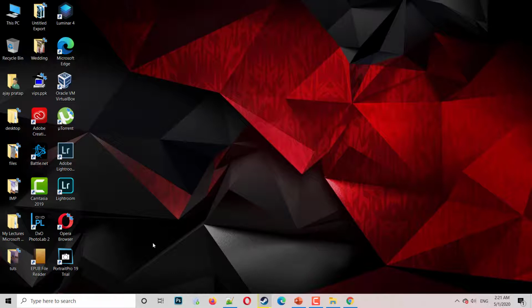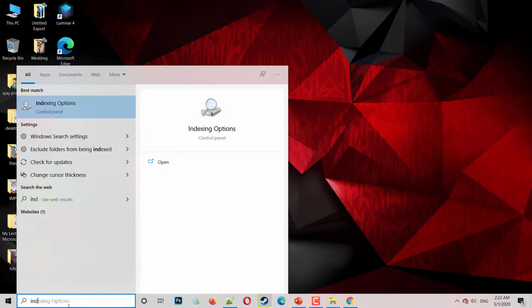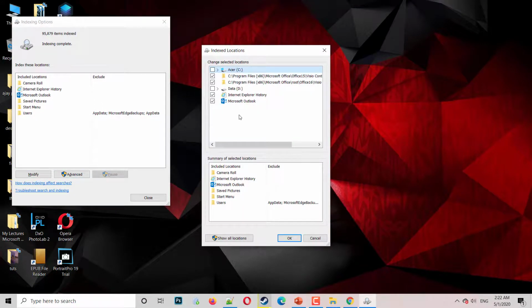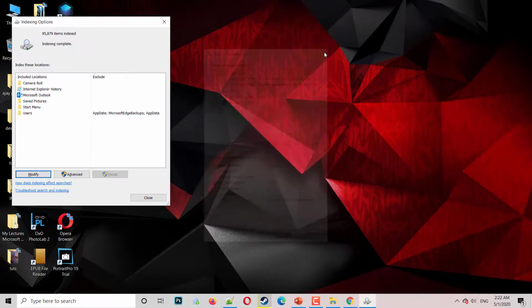Another thing you can do is stop the indexing of your hard drives, because on lower end computers, indexing consumes a lot of resources. If you are not searching too many files or data on your hard drive, just type indexing. It will open indexing options, go to modify, and it shows what all locations are getting indexed. I have disabled my hard drive because I don't do too much search. So you can enable or disable. Disabling the index option reduces lots of background processes and increases the speed of your operating system considerably, and it's free. You need not do anything.